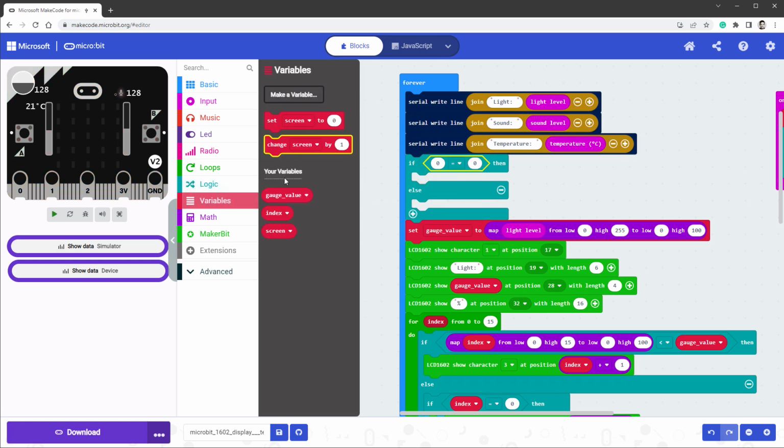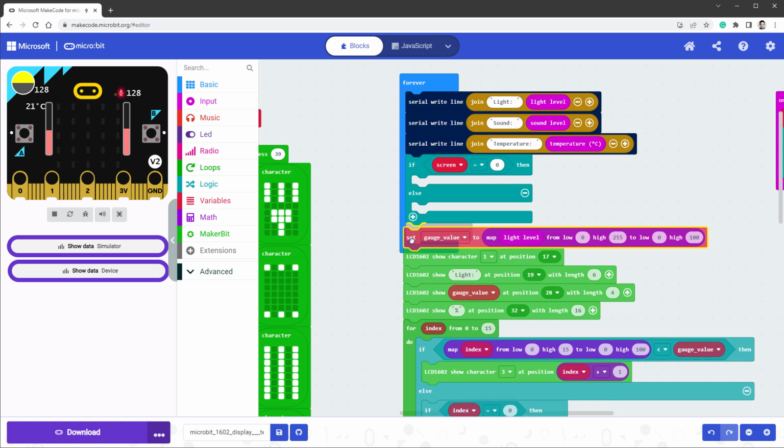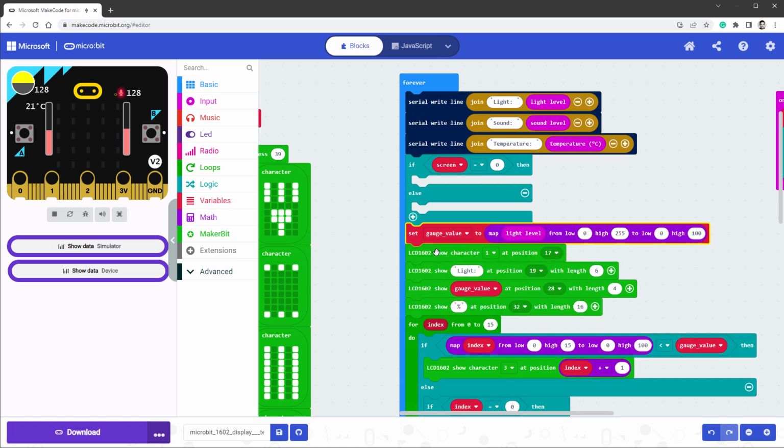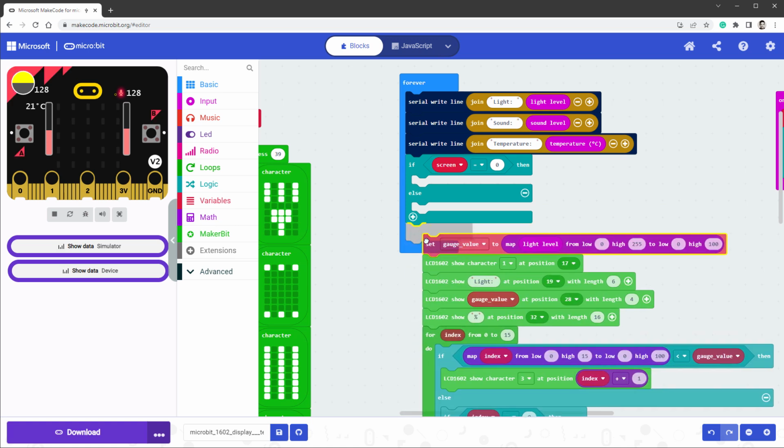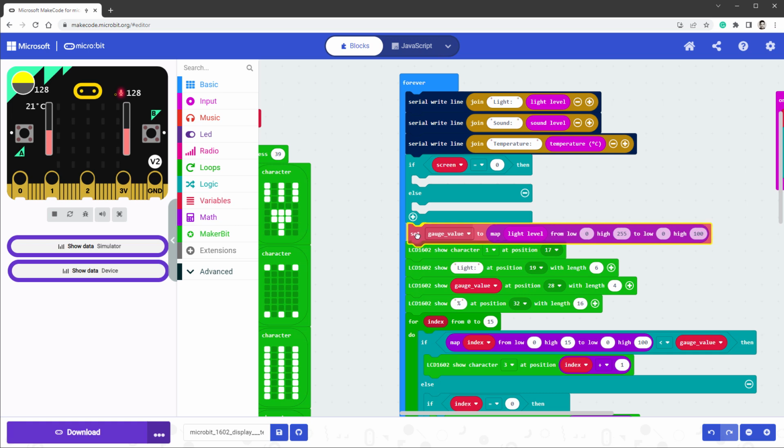So variable screen, this one, put it inside. And if the screen is 0, we will show the light level. So I'll copy, or actually not copy, but move some of the pieces. And you see that as I move this set, it will also move everything below this one. So I have to actually press the Control key on my keyboard to only move this one line of logic